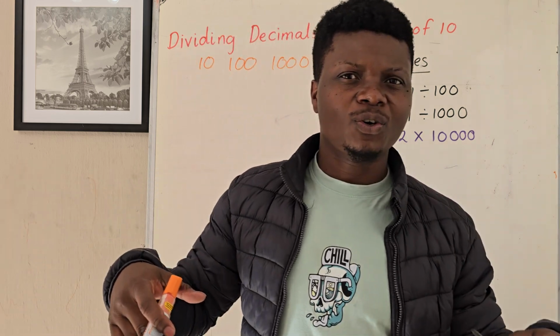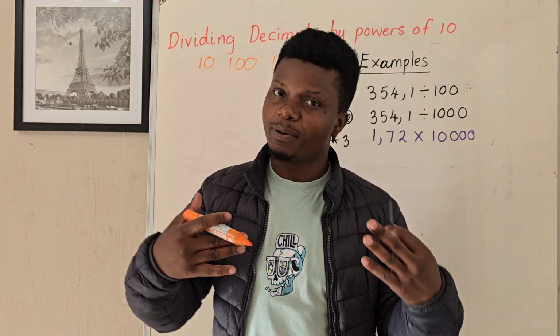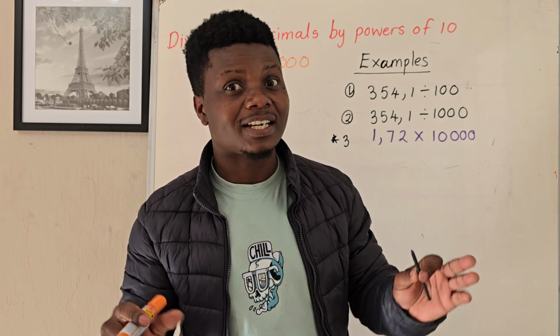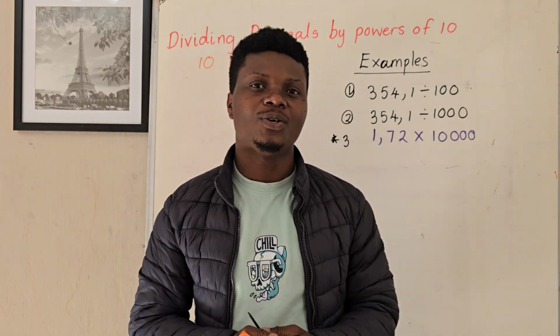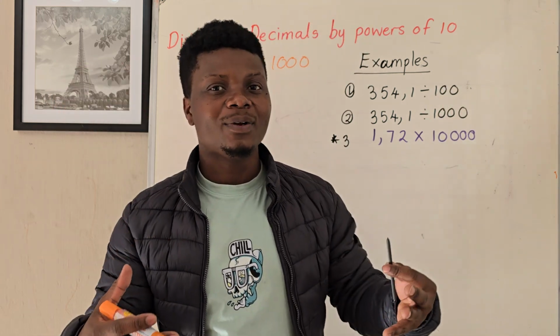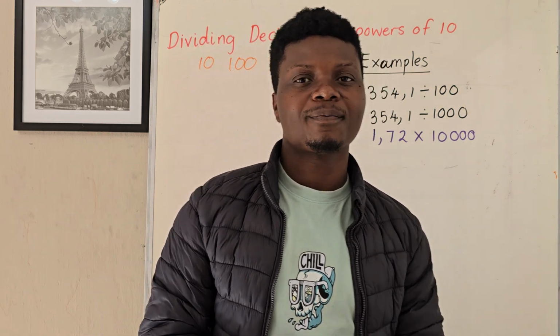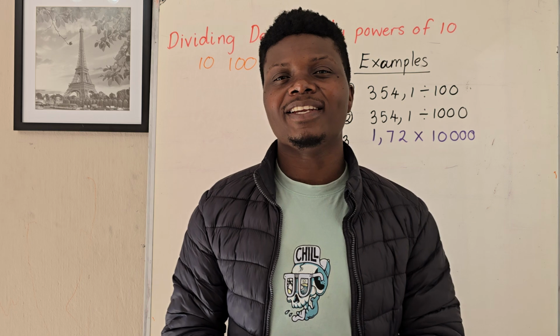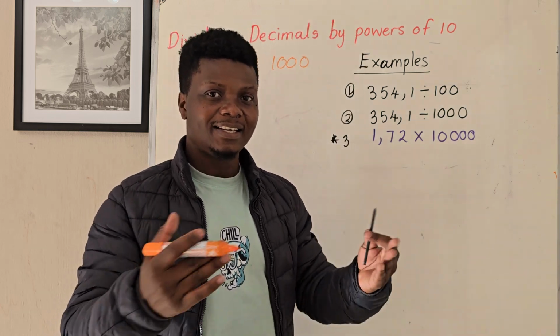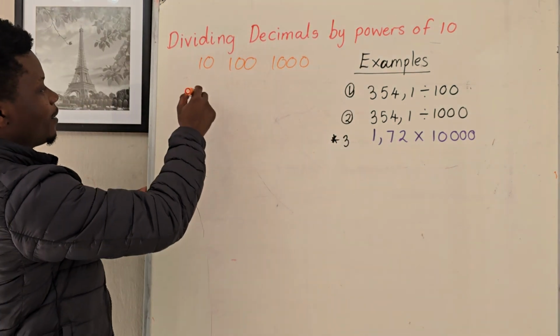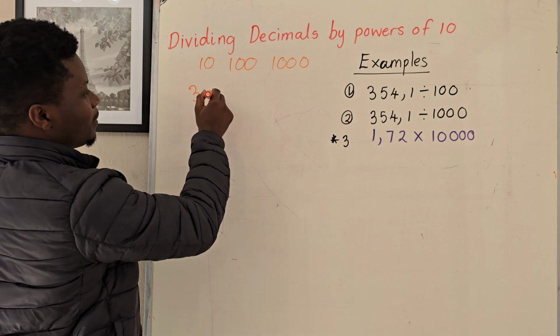In the previous video, we learned how to multiply decimals by powers of 10, and if you haven't watched that, please do watch that video right after this one. But now let's learn the new trick on how to divide any decimal by powers of 10. Let's get started. So let's say we have the number